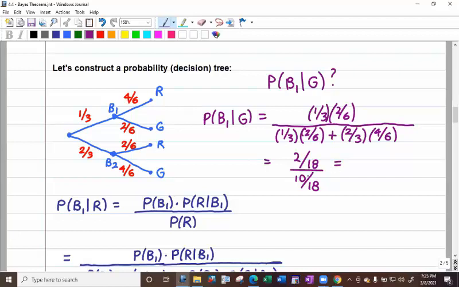Okay, the 18s will cancel. You get 2 over 10. It'll end up being 1 over 5 reduced. So you have a 1/5 probability that you chose B1 given that it came from green, given that it was a green ball. But you see, I did that without even worrying about writing out the formula per se, though I was using it. All right, let's keep going. We're done with this problem, but